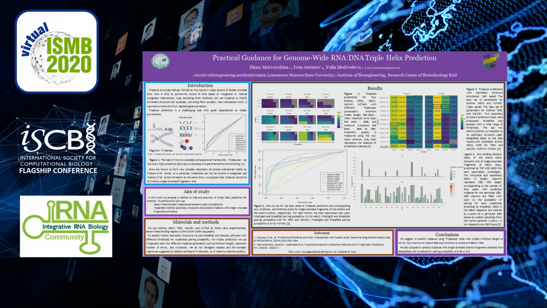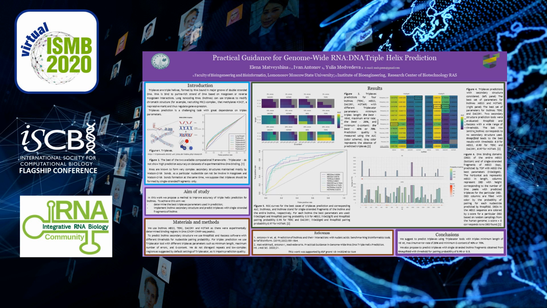Triplex parameters that lead to best results in terms of area under the ROC curve are 10 nucleotides as triplex minimum length and 20% as triplex maximum error rate. But according to G content, triplexes can be divided into two groups. Triplexes with low minimum G content, at least 30%, and triplexes with high G content, at least 70%. We see no reason for preference to any of the values for minimum G content, so we suggest to try both